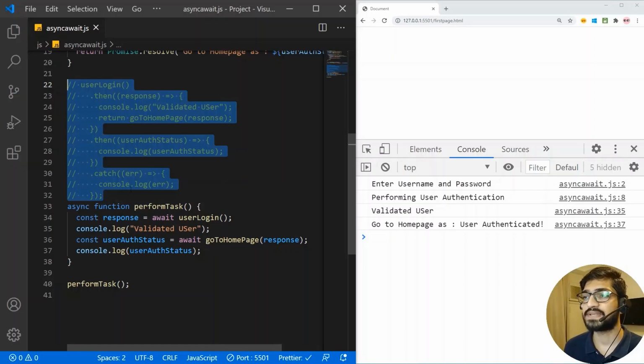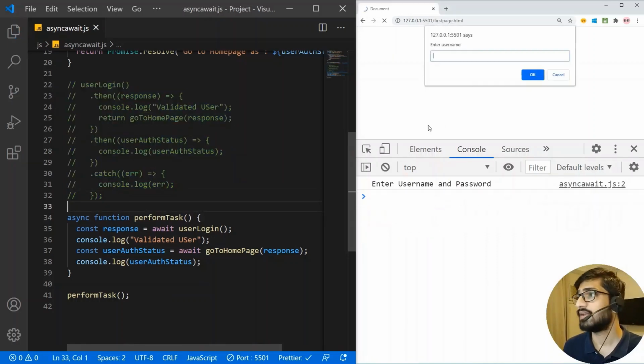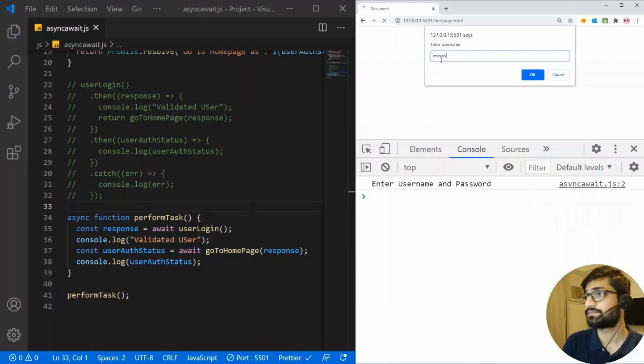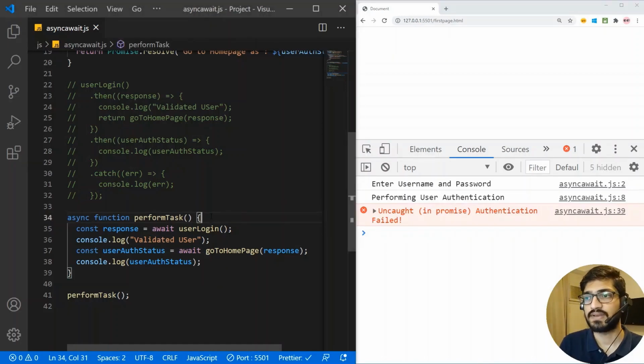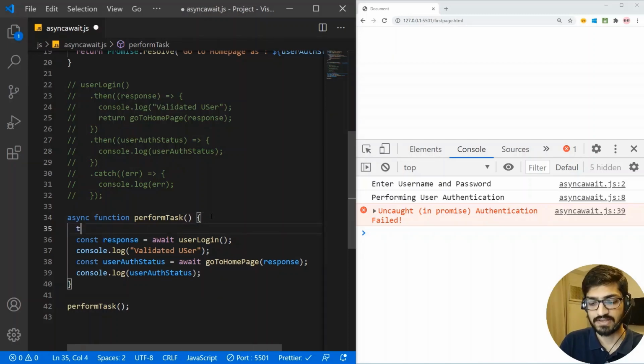And what happens in case you get an error? If I enter wrong credentials, in that case it's going to give me an uncaught error, authentication failed. So we can actually handle the error in async await with a try catch. So what I'm going to do is add a try here, and then a catch,